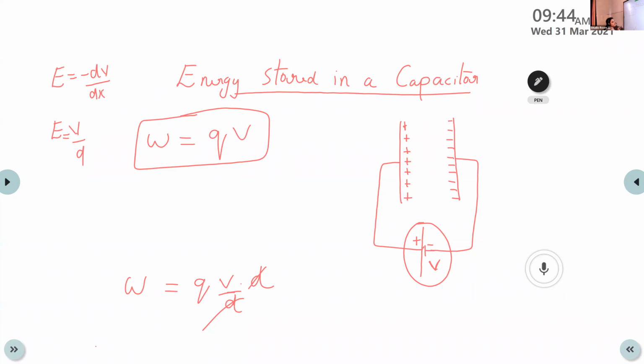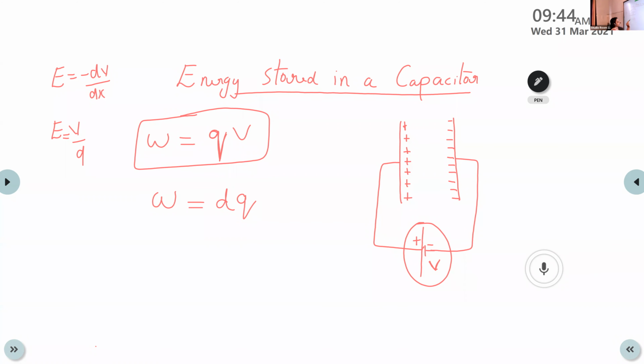And in the very beginning of the derivation, we have already discussed that the charge enters into this capacitor not quickly. A slow amount of charge enters into the capacitor. So very small charges are entering, and it takes its own time to store the complete charge. So instead of Q, we can write dQ. This dQ shows that it is a small charge, not a complete charge, that enters the capacitor when we apply this potential V.